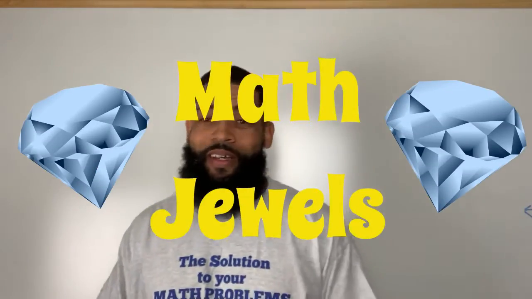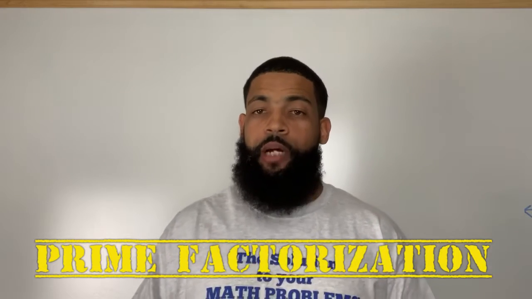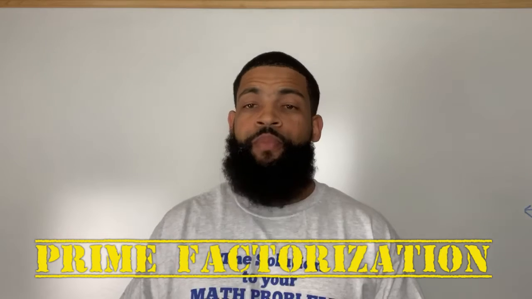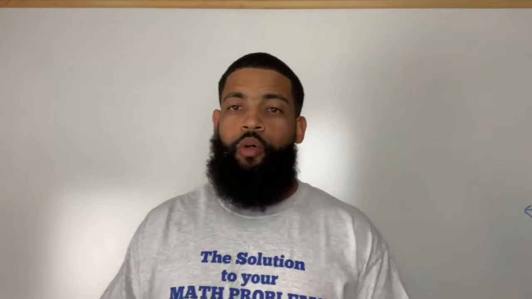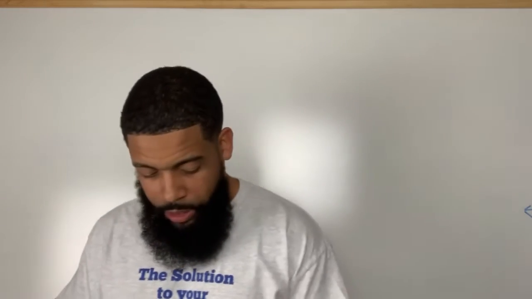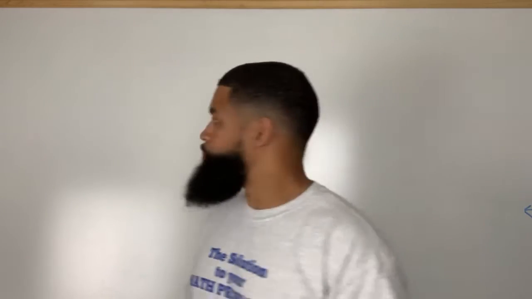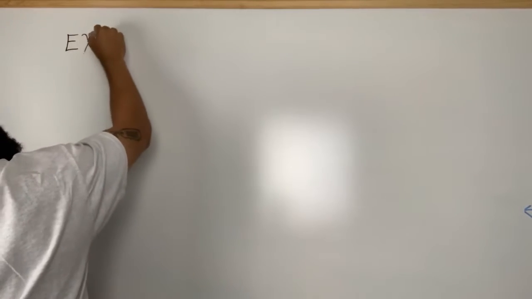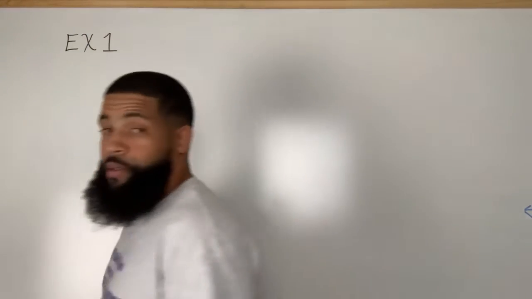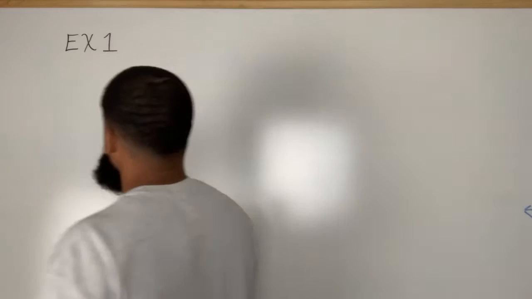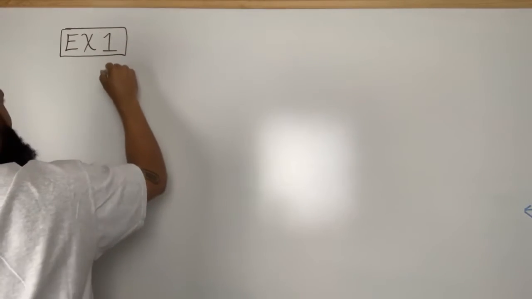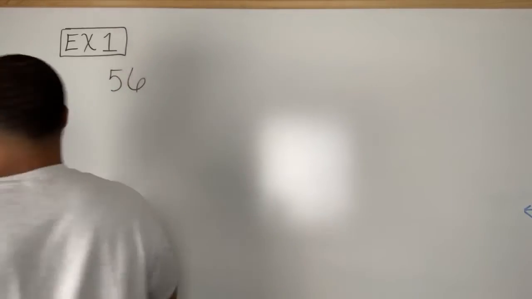more math jewels. Today, we're going to be talking about prime factorization, and I'm going to show you how to use a factor tree to find the prime factorization of a number. So, let's go ahead and get into some examples. Now, the first example I want to use is I want to actually find the prime factorization of the number 56. Okay, so if I have the number 56, we need to figure out how to find the prime factorization